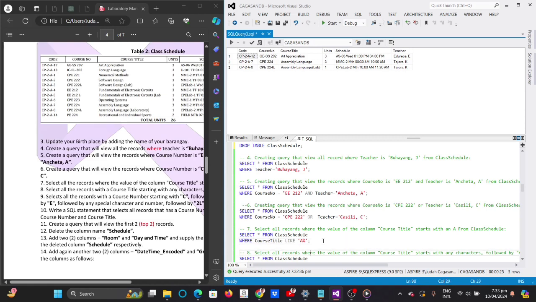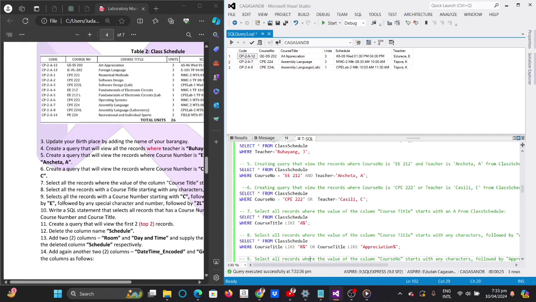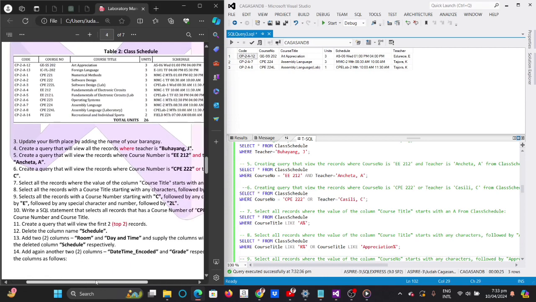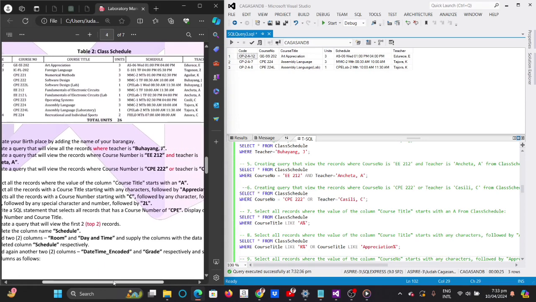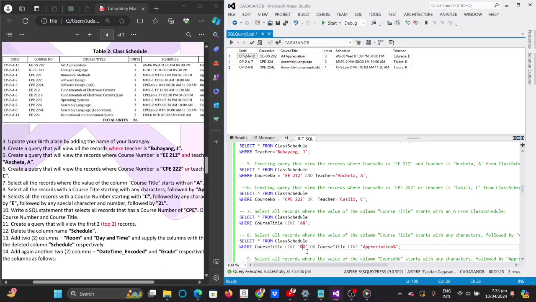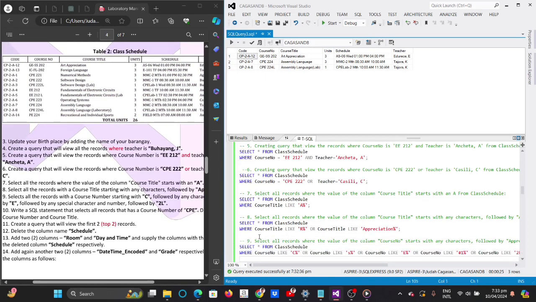So without further ado, let's move on to number 8. So in number 8, the task says to select all the records with the course title starting with any characters followed by appreciation. So I have coded the condition that course title like any random characters or course title like appreciation, just as the task said, is resulting to this, the PE